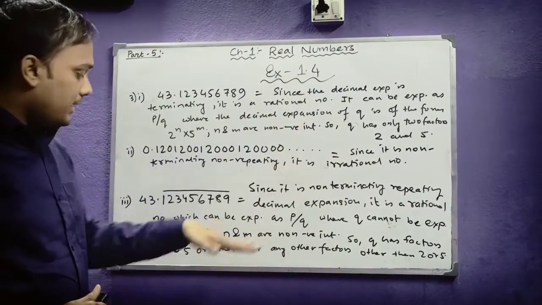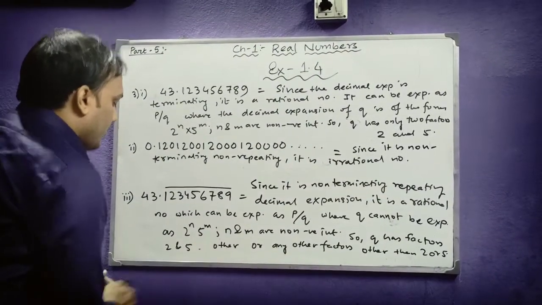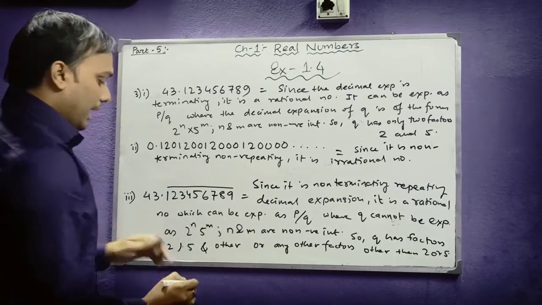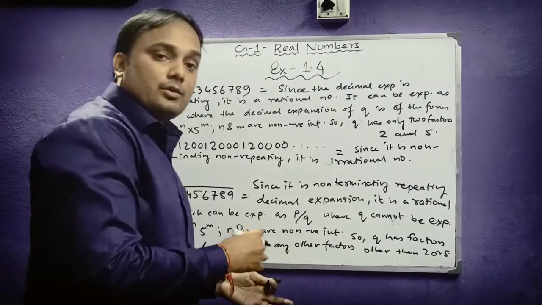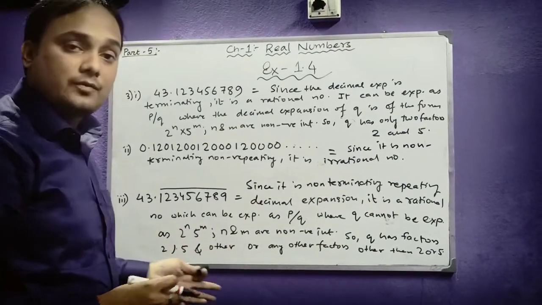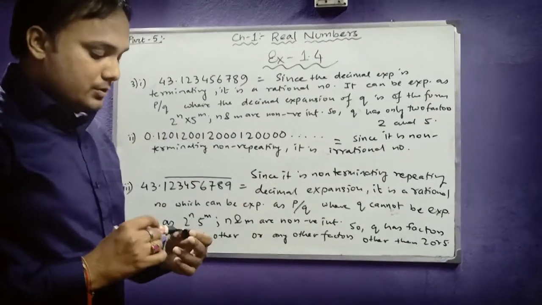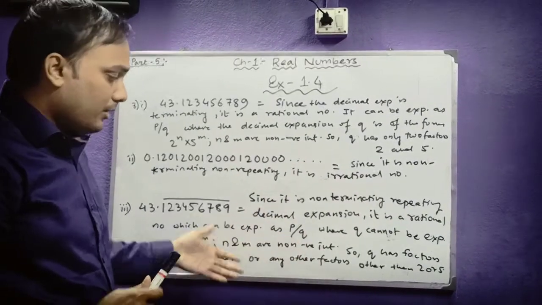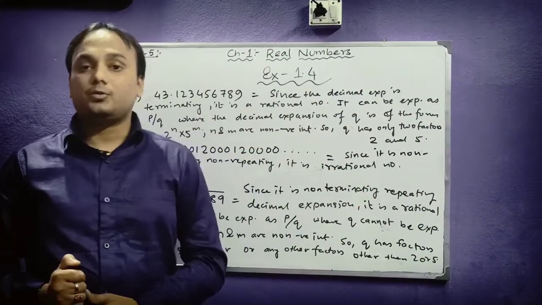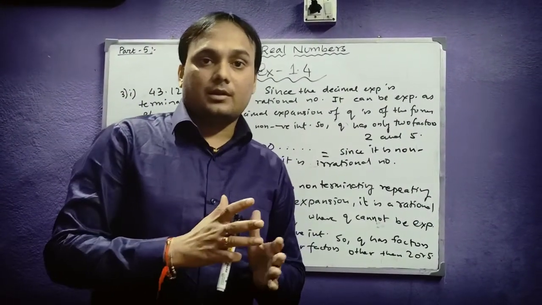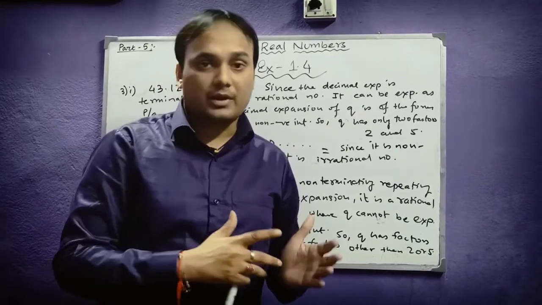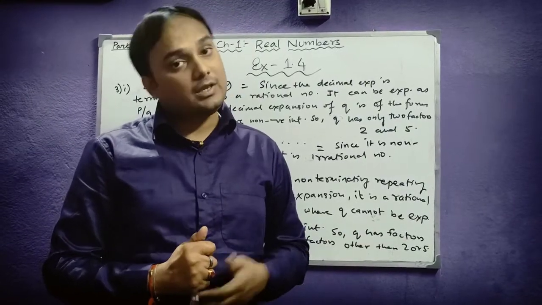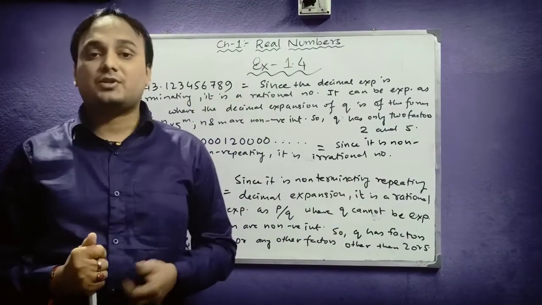other factors. It has 2 and 5, and other factors too, or it doesn't have any factor like 2 or 5 and has some other factor. So this is our complete answer. It has 2, 5 or other factors as well, or we can say that it has factors other than 2 and 5. So this was the solution which we were asked for, to determine whether it is rational or irrational, as well as to determine the factors of Q in the case the decimal expansion is rational.